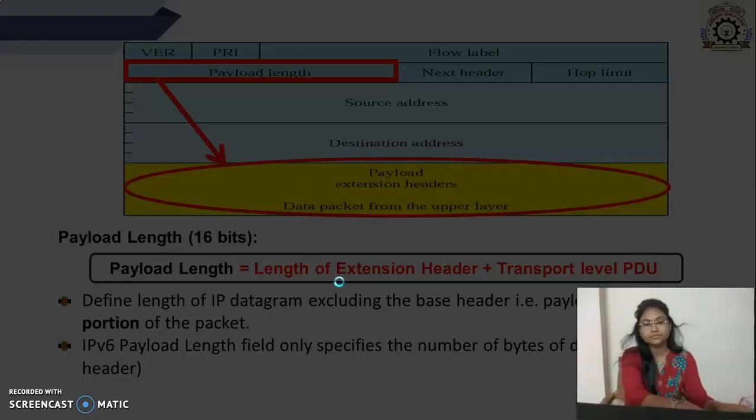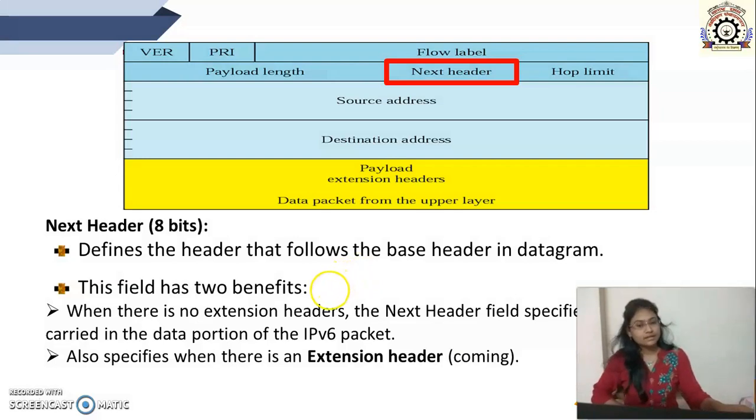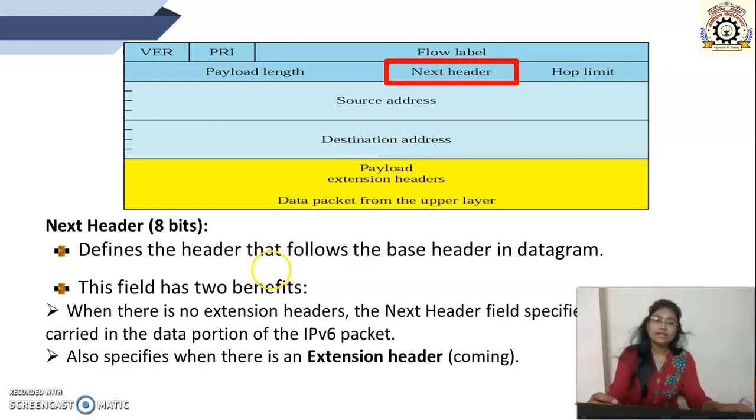Next field is the next header. Again, it has a size of 8 bits and it defines the header which follows the base header. It means that this field defines two things. Its value depends upon the extension header. If the extension header is absent, then the base header is directly followed by the data packet from the upper layer. So in that case, if the extension headers are absent, this field indicates the protocol which is used